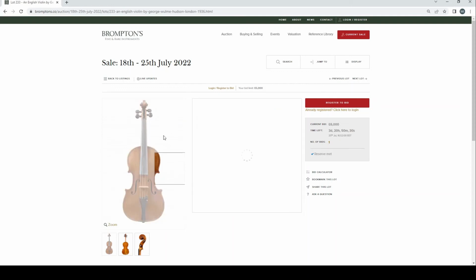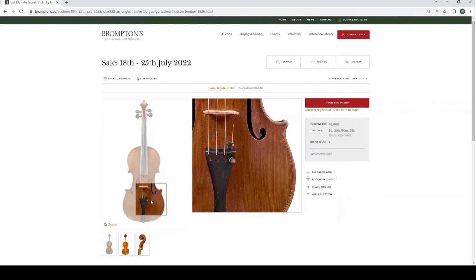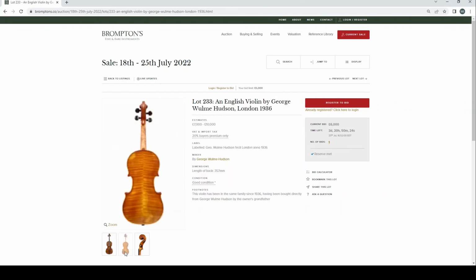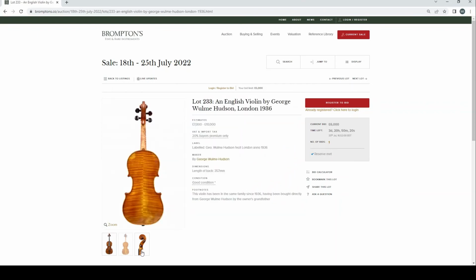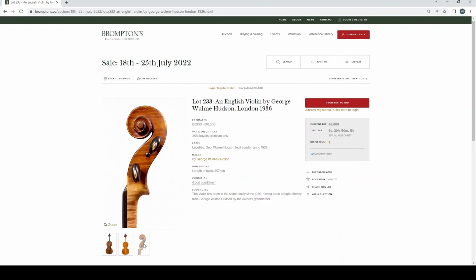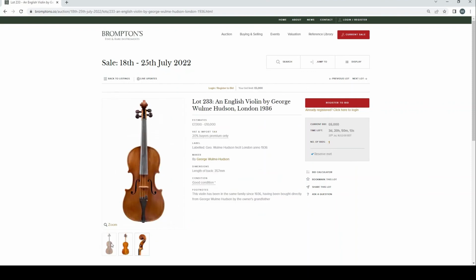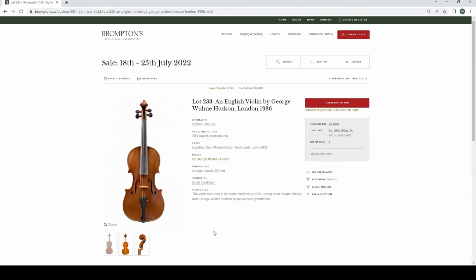Interesting. Length about 357. I recently saw a Wilmer Hudson violin. I think it was in an Amati sale in person. I have to say, I was impressed. It is a very, very nice instrument, very well made, and the detailing very, very nice indeed. So this one doesn't quite have the same visual impact as the other one that I looked at, but still